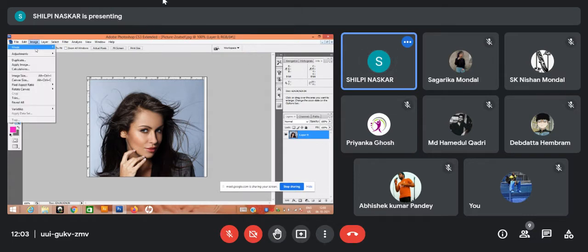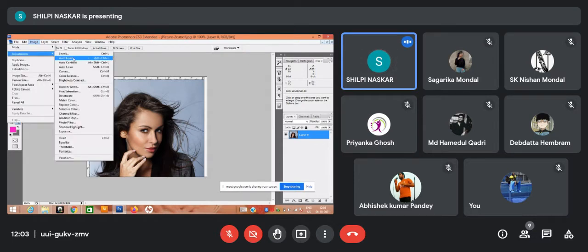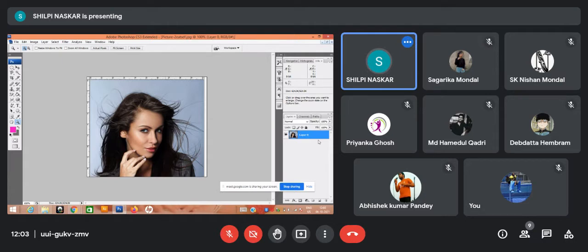Okay, so level, auto level means it will be leveled automatically. That means the lightest pixel will be white and the darkest pixel will be black. Okay, and the other in-between pixels will be proportionally changing basically.